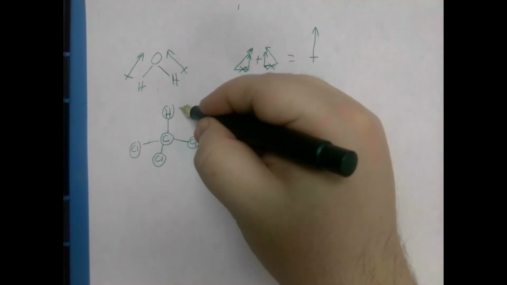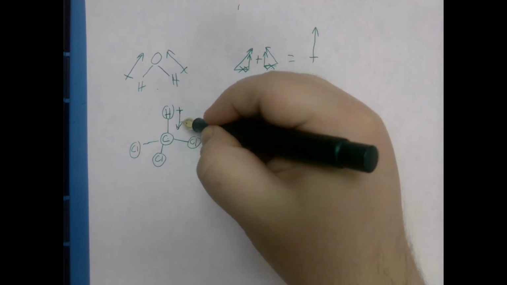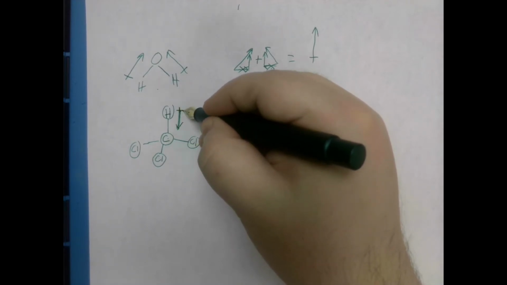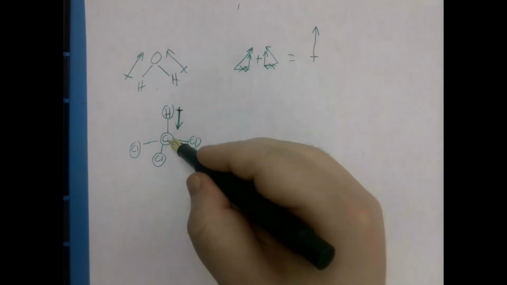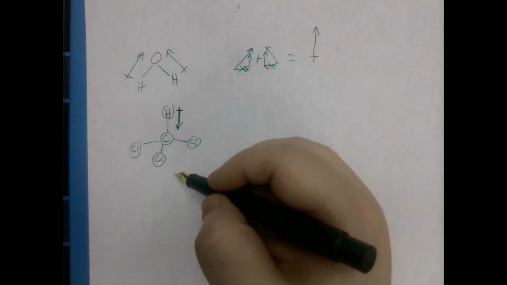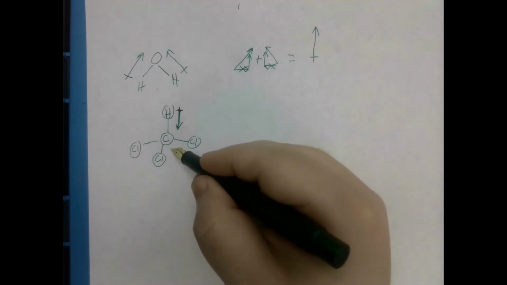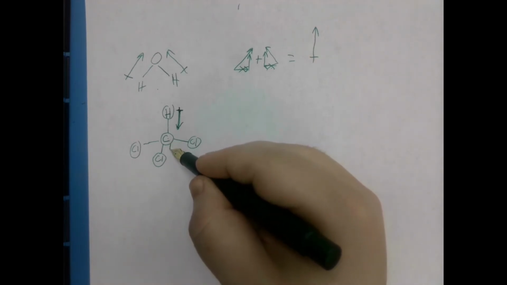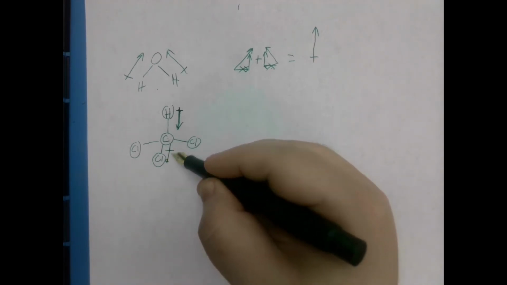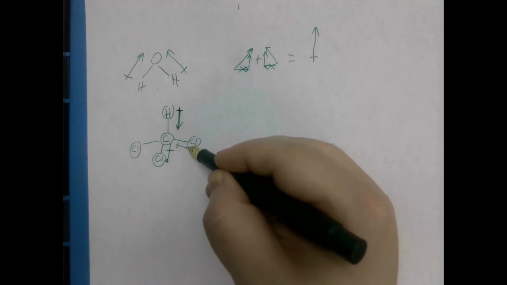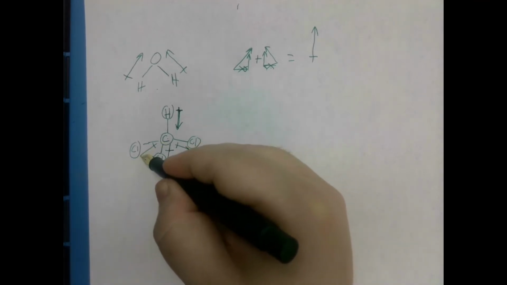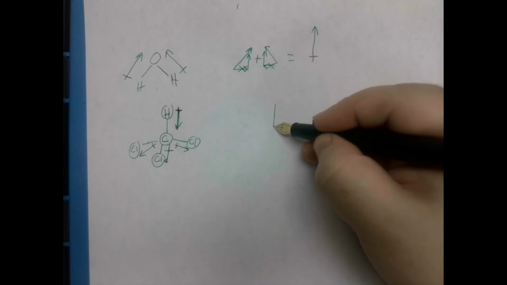Hydrogen would be more positive, so we have the arrow pointing in this direction. Carbon and chlorine, which one's more positive, which one's more negative? So that means carbon is more positive. And these are all symmetrical, so what I have is a down arrow,